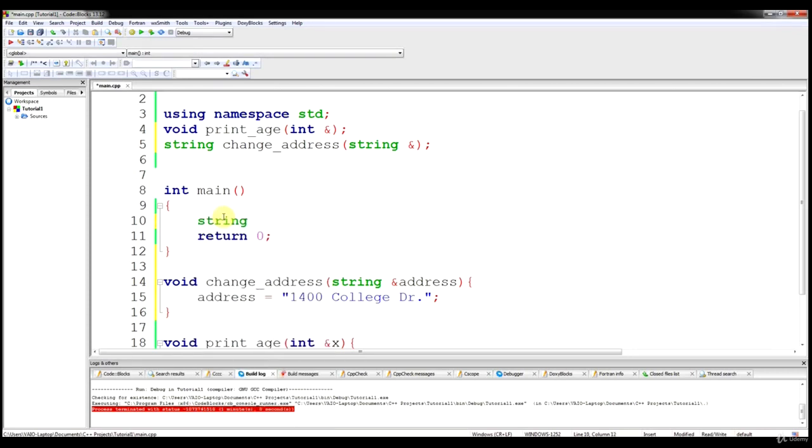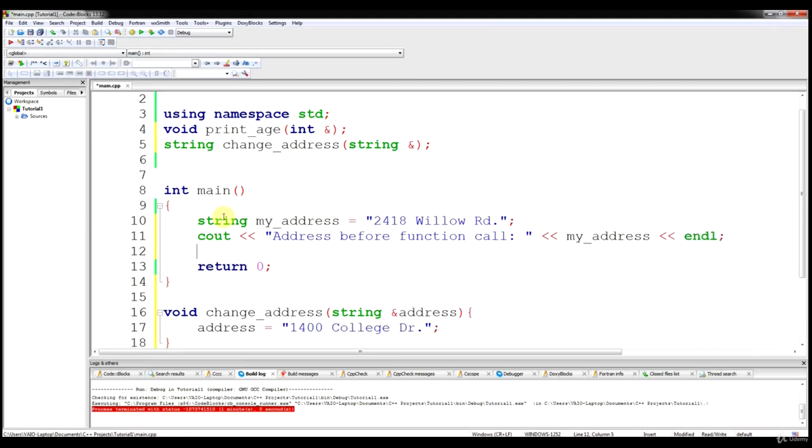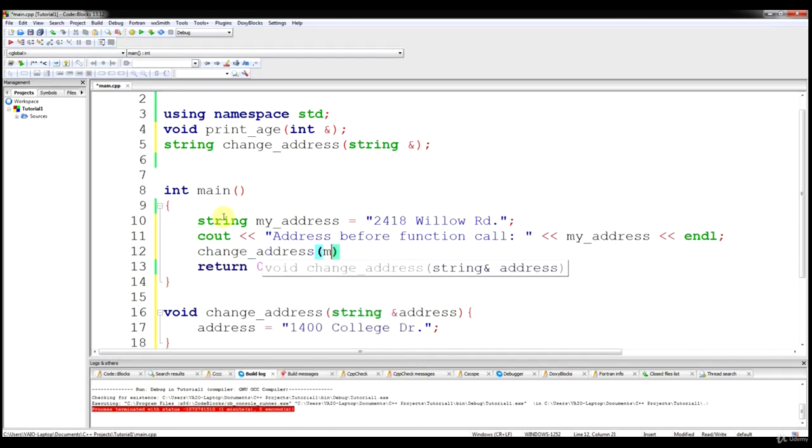So we'll say string my address equals 2418 Willow Road, and then we'll say cout address before function call, my address, end line, and then we'll say change address. We'll pass in my address, which is really the memory address, the memory location of this variable,